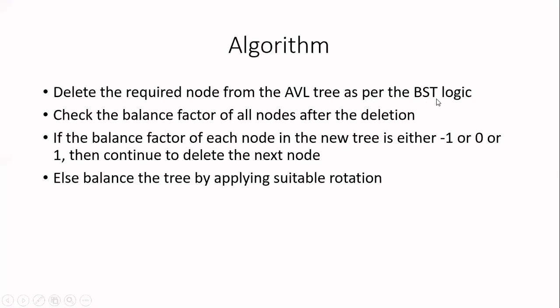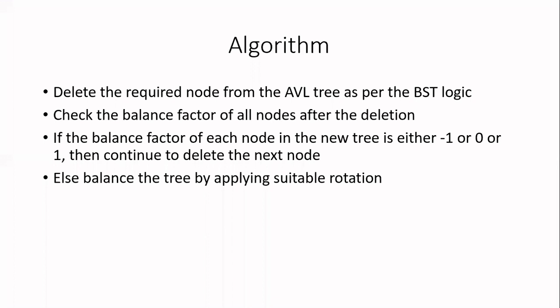And we have seen in binary search tree that you can delete a node and that will follow three different cases. Case one is the node you are going to delete is the leaf node. And case two is the node you are going to delete is having only one child. And third case is the node you are going to delete is having both the children. And we have seen how to handle all those three cases in case of binary search tree.